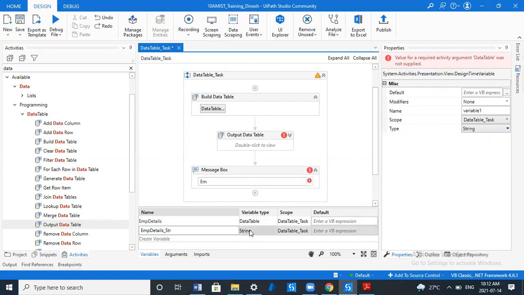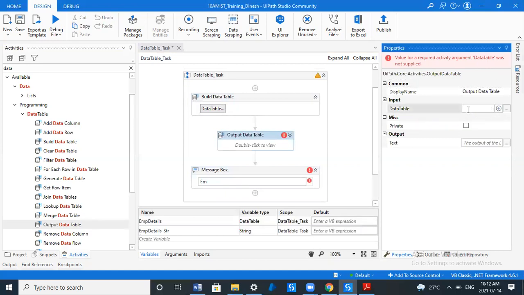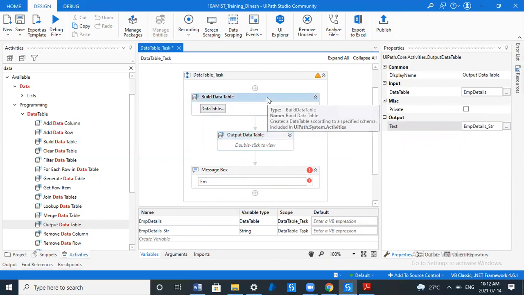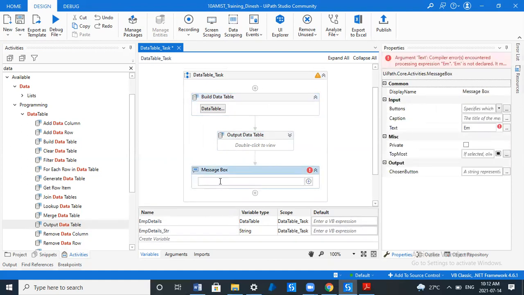Now go to Output Data Table, and pass the employee details data table here. Under output, pass employee details str. By this, the employee details data table is converted to string. That string value is available in employee details str. Now we'll display employee details str within this message box.